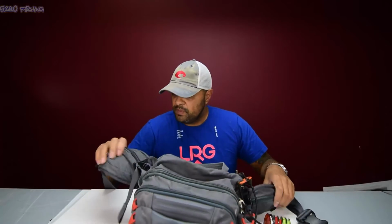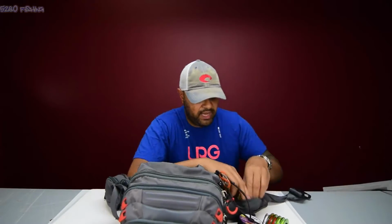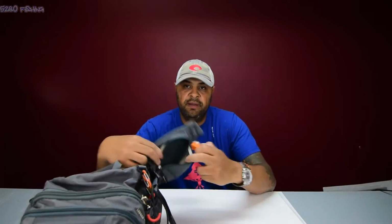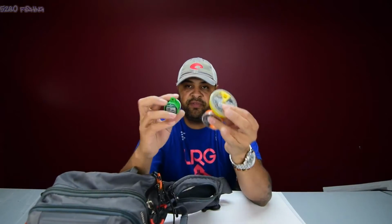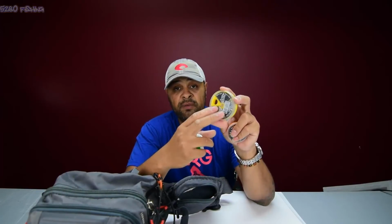Alright, on the sides here, we'll start with this side, and on this side, inside the zipped pocket here, I have my split shots in 3 different varieties. Well, actually there's a lot of varieties, but 3 different containers. This one here is my smaller split shots. These are really, really small, very, very, very